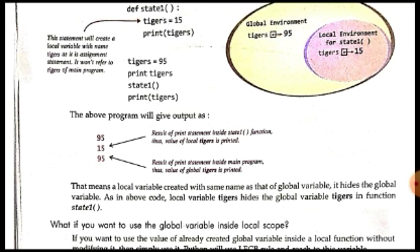As soon as you come out of the state1 function, then again within the main function, the original value of tigers, which was 95, will be used in the print statement. So we will again get the same value of 95, which we were having before passing the value to the function. So I hope it is clear now.